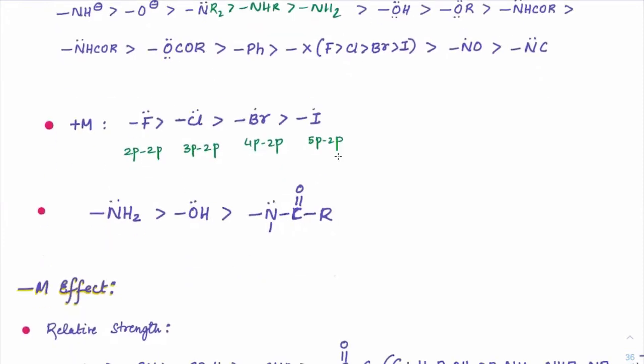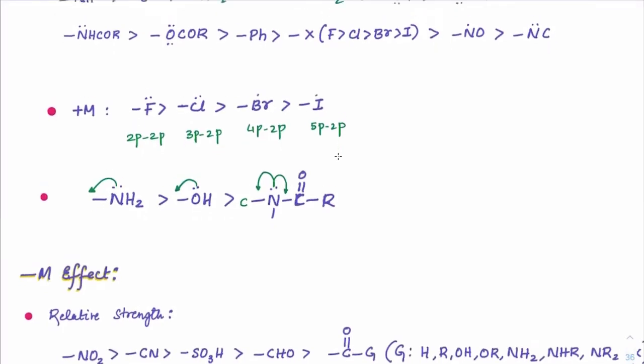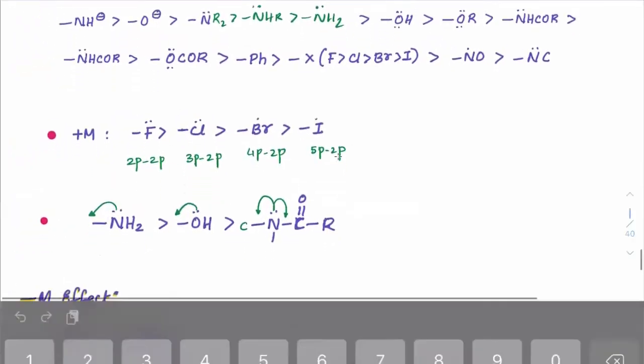Okay, student? Same way, if we check on the basis of electronegativity, NH2 is better, but here N is not better. The minute it has a split resonance or cross resonance, one side there is carbon on which it has to donate, on the other side also there is carbon on which it has to donate. So when the split resonance happens, its magnitude of donating power decreases. So in that case, OH will become better than this. Okay, everybody understood that? So single resonance or single-sided donation is always better than two-sided donation, although it is electronegatively less.